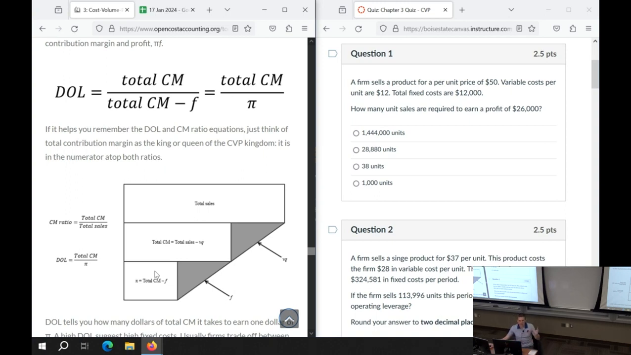What that means is, while CM ratio has to be 1 or below, degree of operating leverage has to be 1 or above. Just the math is flipped as a result of that. Because this is CM ratio, which is the bottom piece, over total sales, which is the top piece. Whereas here, it's the top piece over the bottom piece. Again, unless you have somehow negative fixed costs, in which case, sign me up for that business. You're going to have a DOL, a degree of operating leverage, that is 1 or higher. And so typically companies trade these two off. In fact, that is the point of,